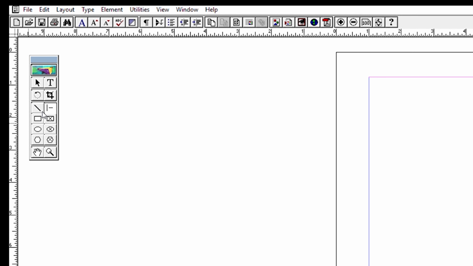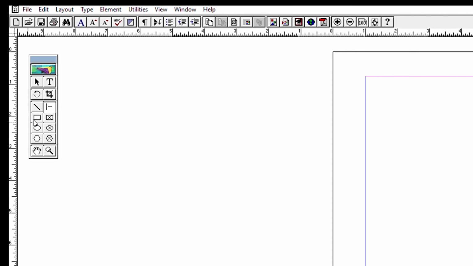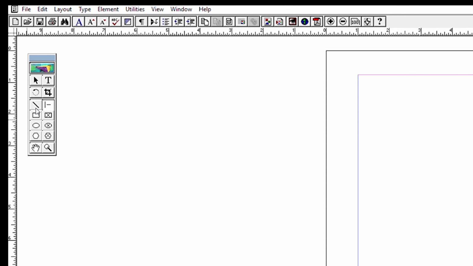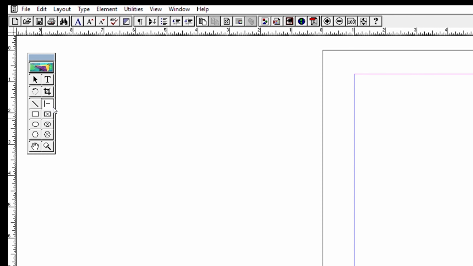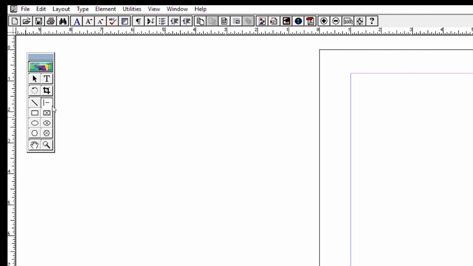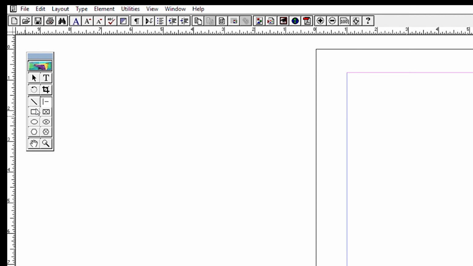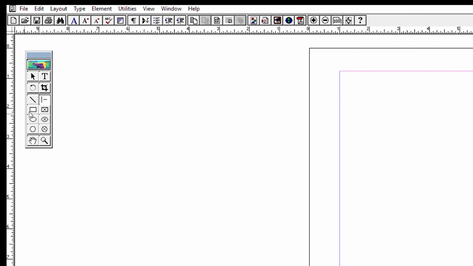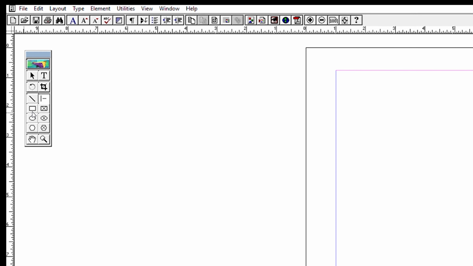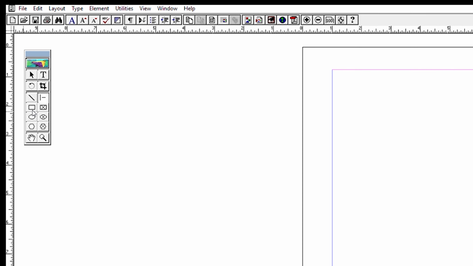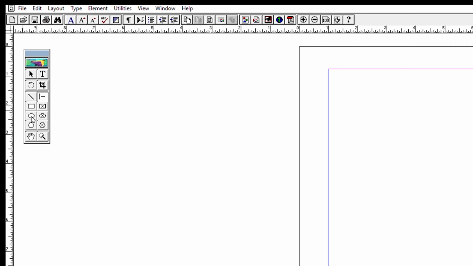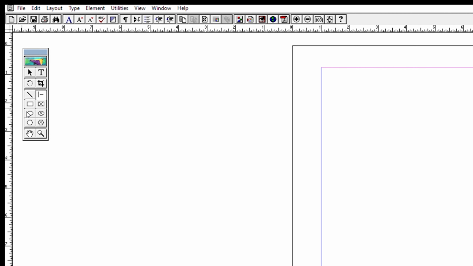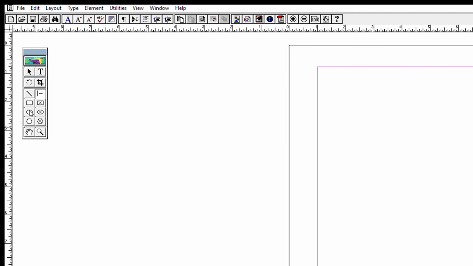This is rectangle, this is ellipse, and this is polygon. The rectangle tool means we'll draw squares and rectangles. The shortcut for rectangle tool is Shift F4. And next one is ellipse tool. The shortcut for ellipse tool is Shift plus F5. That is used to draw a circle, oval, ellipse. Then the next one is polygon. The shortcut for polygon tool is Shift F6. This is used to draw polygon.